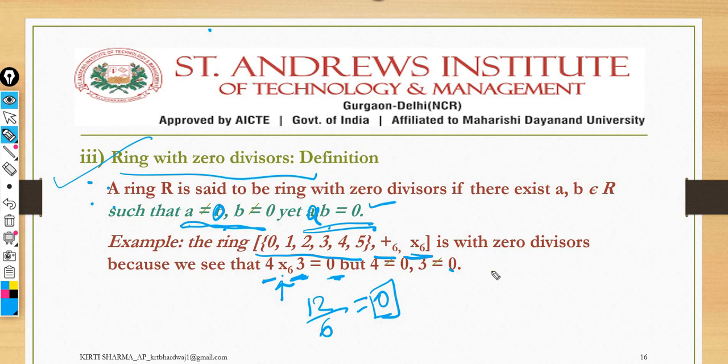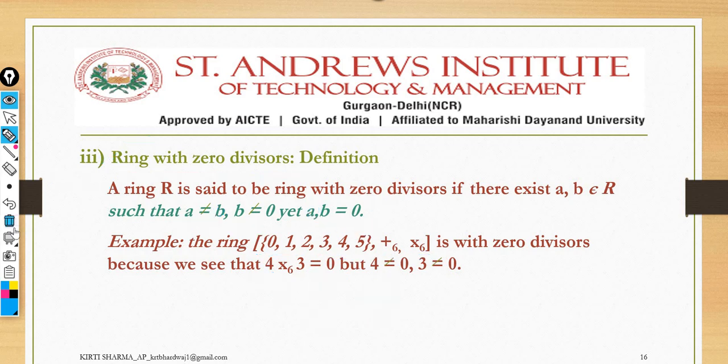In the previous one, it was saying that if you are multiplying two non-zero elements, then it will give you a non-zero element as the resultant. Then it is a ring without zero divisor. Here it is saying that if you take two non-zero elements and get 0 itself as the resultant, then it is a ring with zero divisor. I hope it is clear to all of you now. It's very important, so rewind the video if you're not getting this clearly, and make sure it is clear.